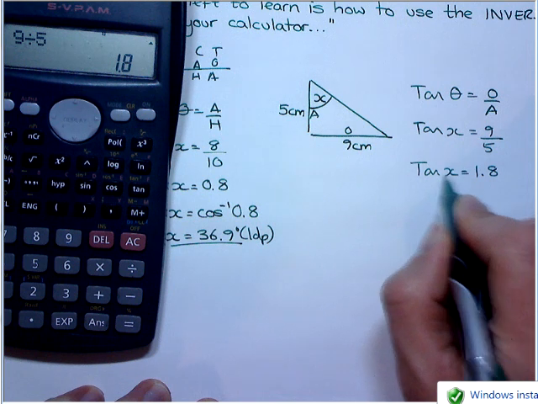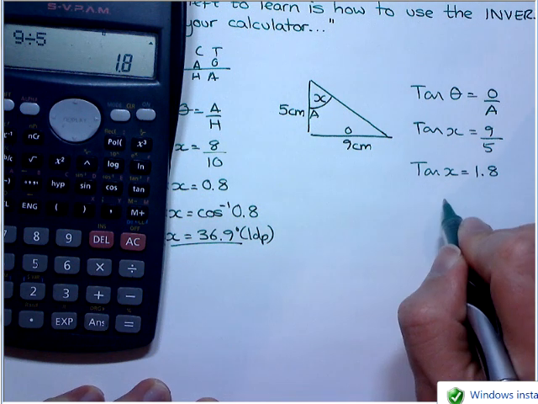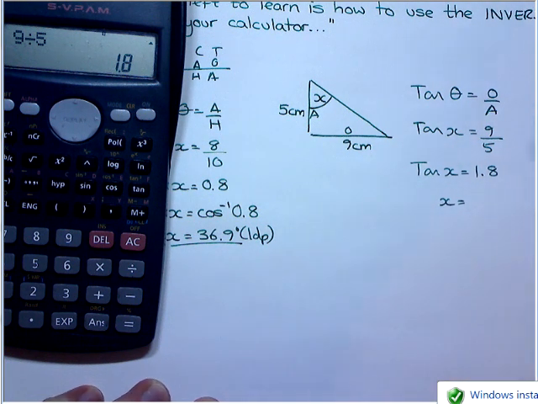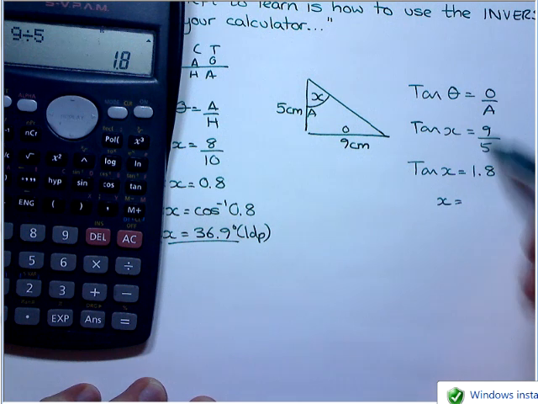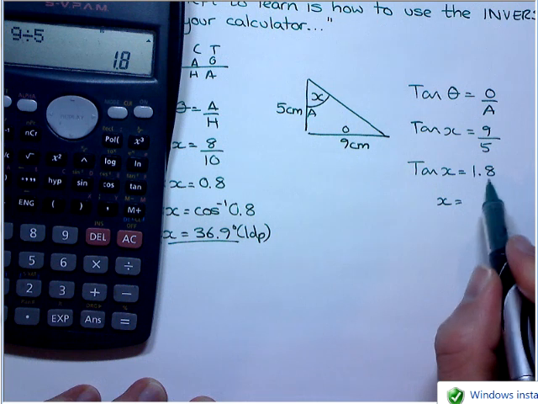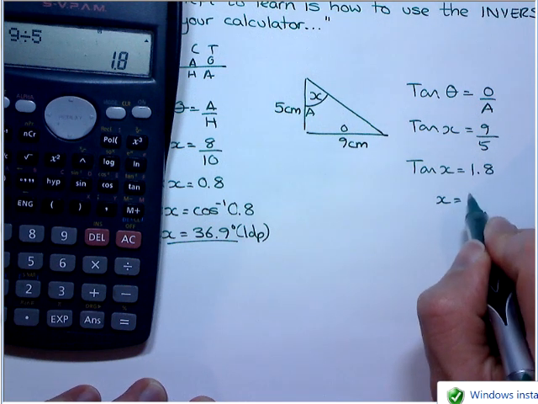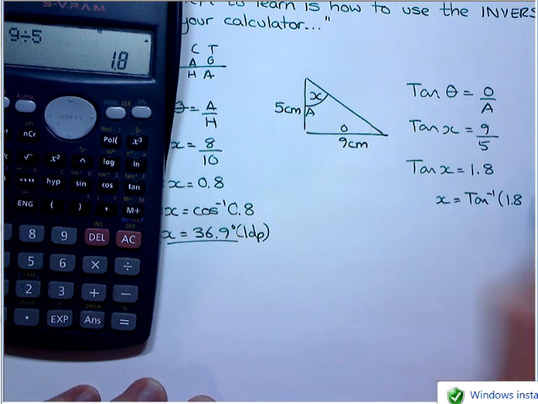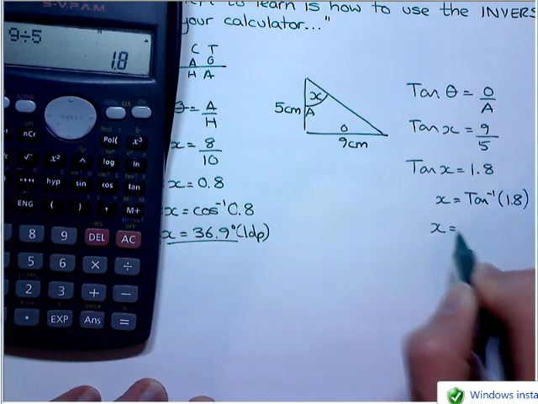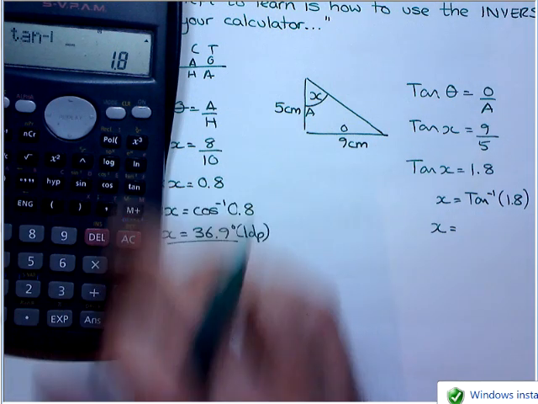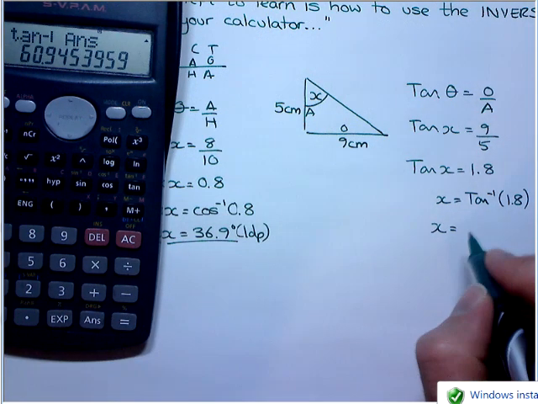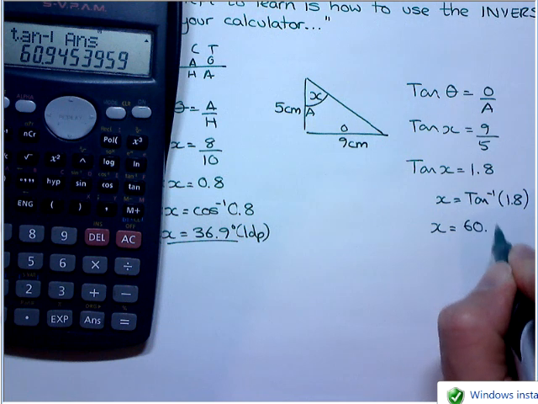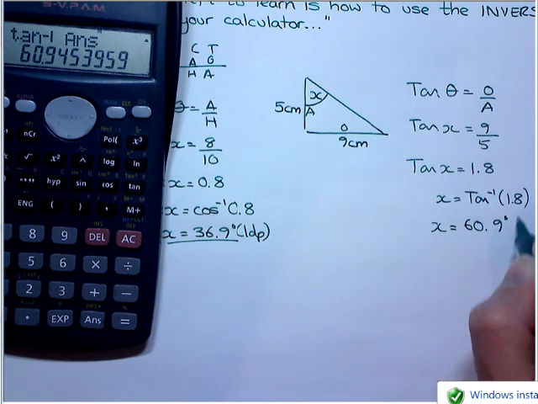Now again, we need to remove tan, so we're going to use the inverse of tan. And one of the reasons I worked this out is because sometimes this number can be really, really long and irrational. So it's good to just do it and then use your answer button. So I'm going to do the tan minus 1 of 1.8. And if it goes on for longer, I just put a few dots. And when I type that in, so shift tan of my answer, I get 60.9 degrees to 1